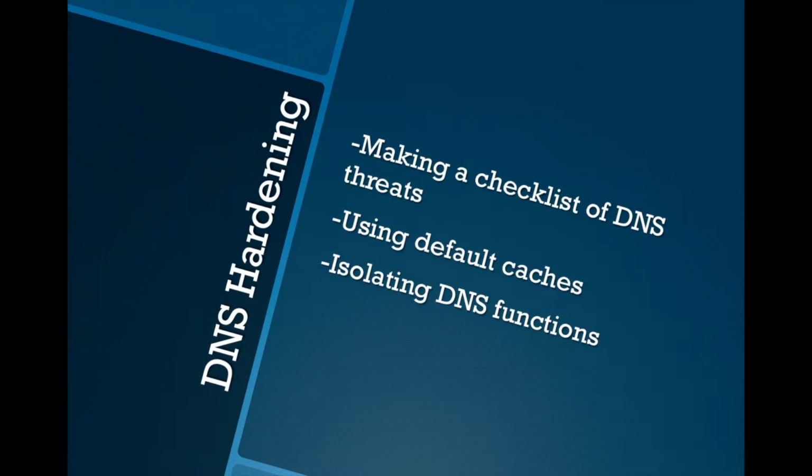Getting to some DNS hardening tactics, basically making a checklist of DNS threats. This will ultimately help you break down what threats are for your server specifically, and help you map out different protocols that you will need for setting up your server. And then just using default caches is extremely helpful. And then also isolating DNS functions. Basically, this is the first step